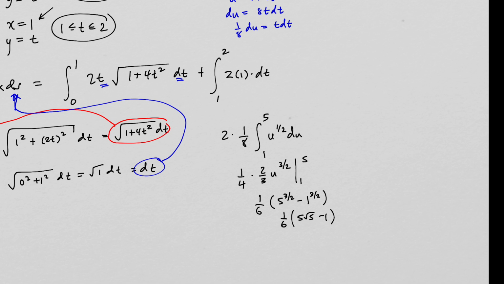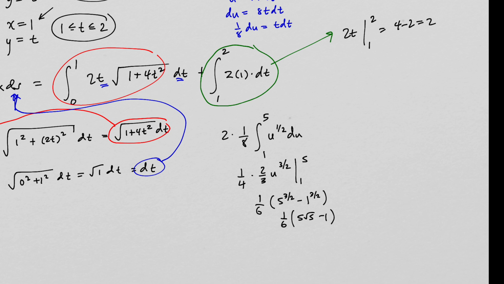And the second integral, which is right here, I'm sorry, I'm kind of all over the place here, but this integral is simply the integral of 2 with respect to t. So that's just going to be 2t from 1 to 2, and that is 4 minus 2, which is equal to 2. So the total value of this integral, which is this quantity, and this integral, which is this quantity,